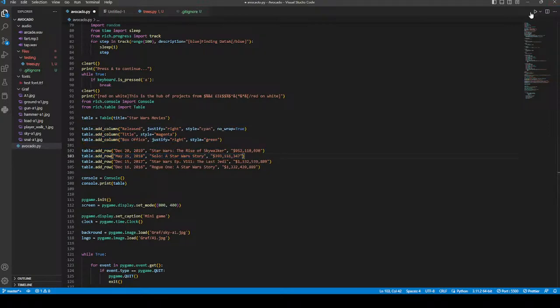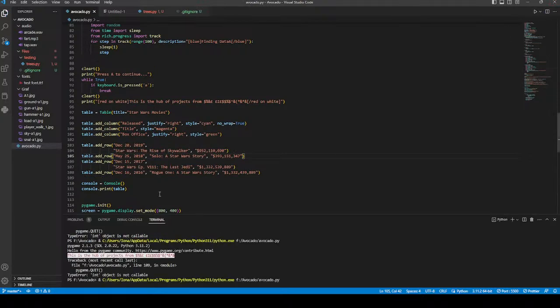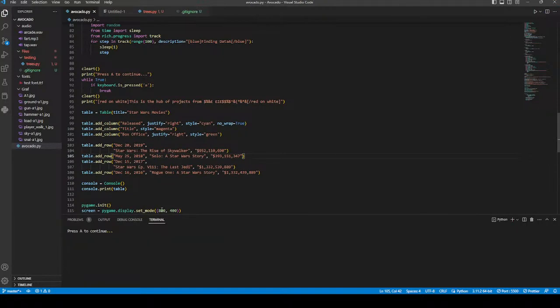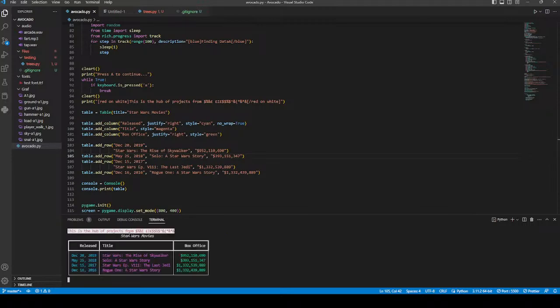Yeah, so if I quickly have a look at this, right? If we run this code, it's going to clear the terminal. If we press A to continue, this is the hub of projects, with my name changed to symbols just for the purpose. It's going to have a table with when that project was created, what the name of the project is, and what letter you have to press to get to that project. Right, and then it's going to open this, but